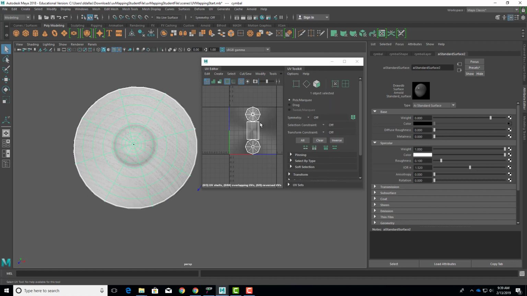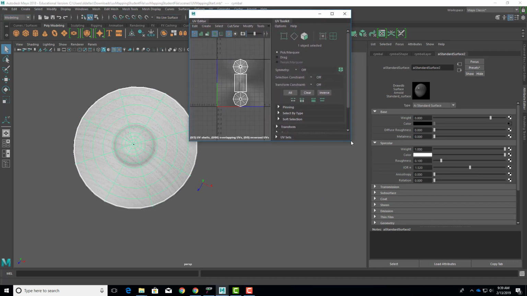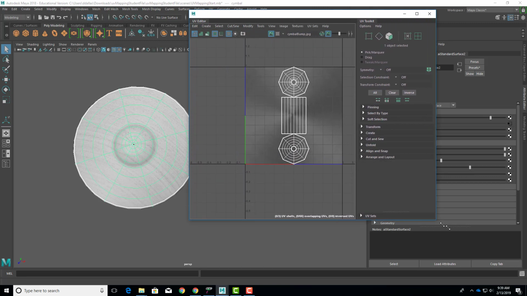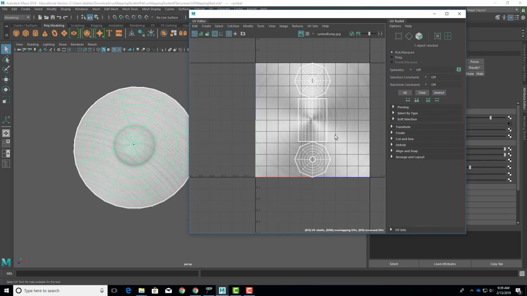And when I select that, it's going to bring in that image of that symbol bump, which you can't see too well. So I'm going to undim it. You can see that image is here. You can see those concentric rings, but it's not laying on my object correctly,